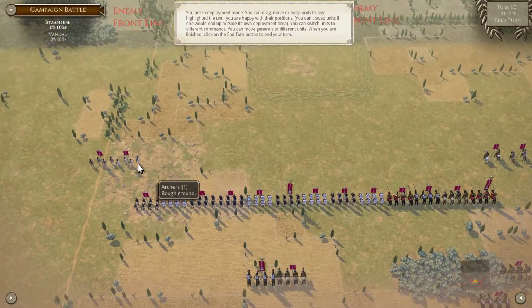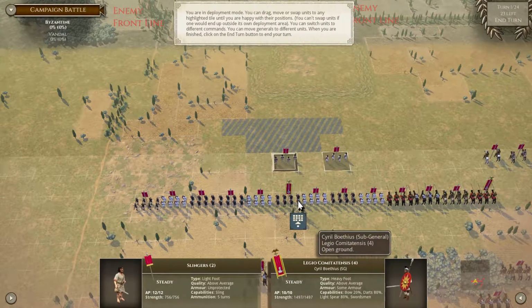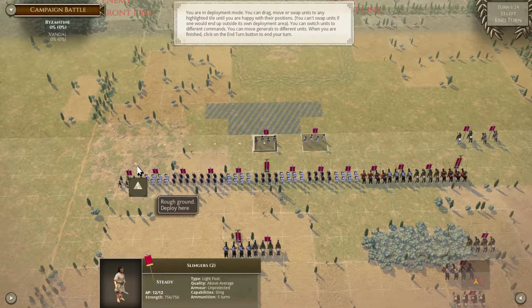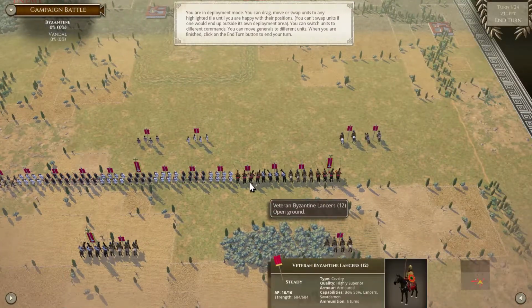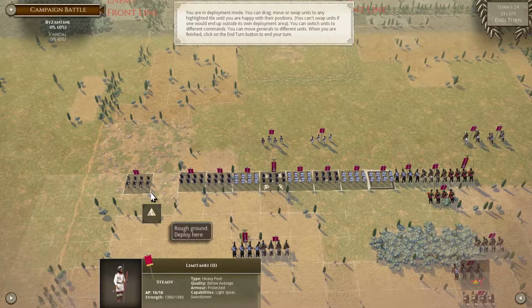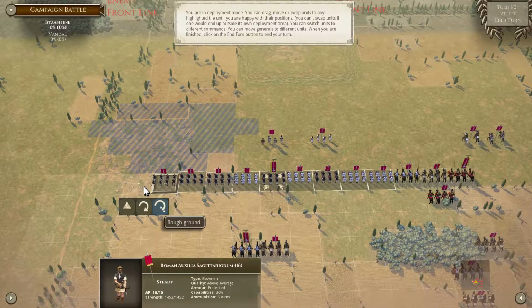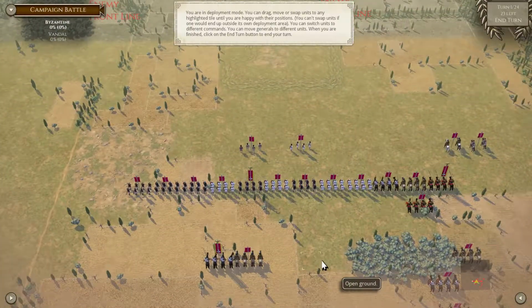So, as previously, let's just get our skirmishers out front. We have an infantry line. And this is open ground. Okay, this is rough ground, so I want to stay out of this area with my heavy infantry. Yeah, let's shift the line over one. The bowmen, actually, I don't mind being in rough ground because they're not really meant to be fighting, so that's okay. All right, so